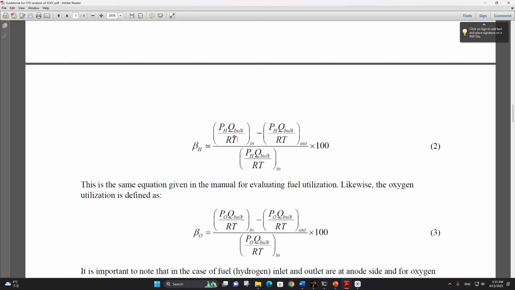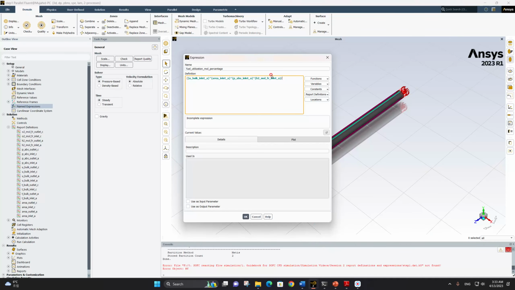If you cancel out the R, the only remaining term is T, which we will do, and now divided by T bulk anode inlet, all these terms, minus the outlet terms. Now the outlet terms: outlet anode, multiply by area, multiply by